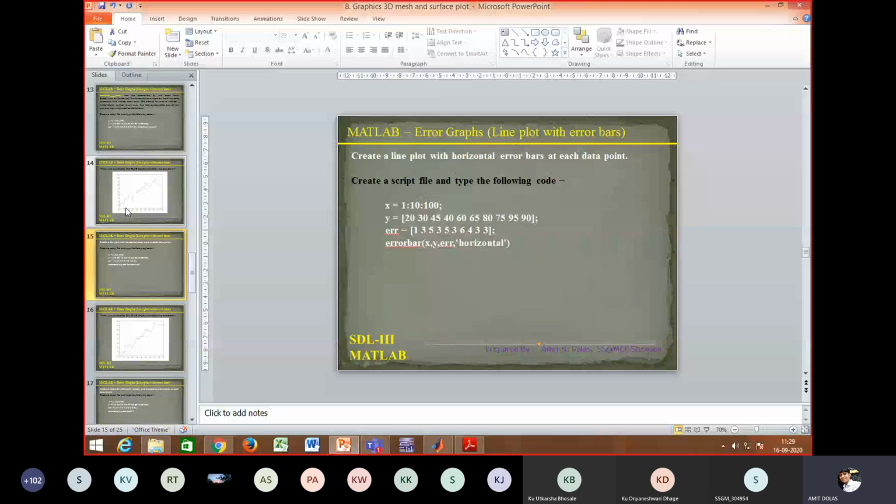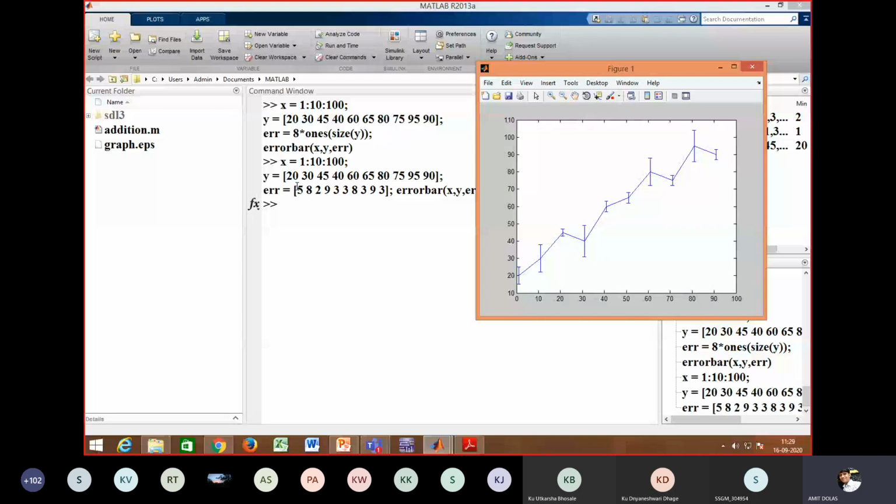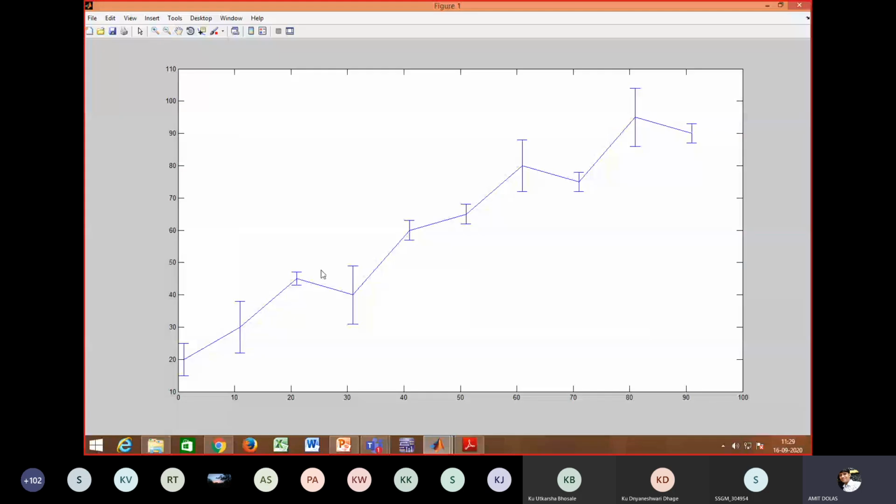So as per the data given, you can see vertical error bars are created, and you can easily observe where, say, for value 1 near 0 the error is more, the highest error is somewhere around 80, 83, 85, and around 31, 32, and the smallest error is somewhere at 20 or 21 here.